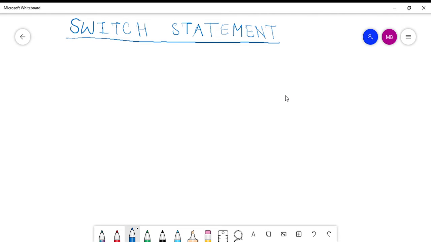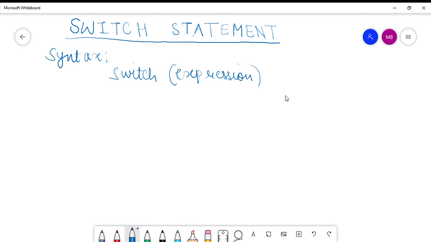Now let's look at the syntax of the switch statement, that is, how you would write a switch statement in general. This is the syntax for a switch statement. You write switch. Switch is the keyword for the switch statement, and then you write the expression within the brackets.